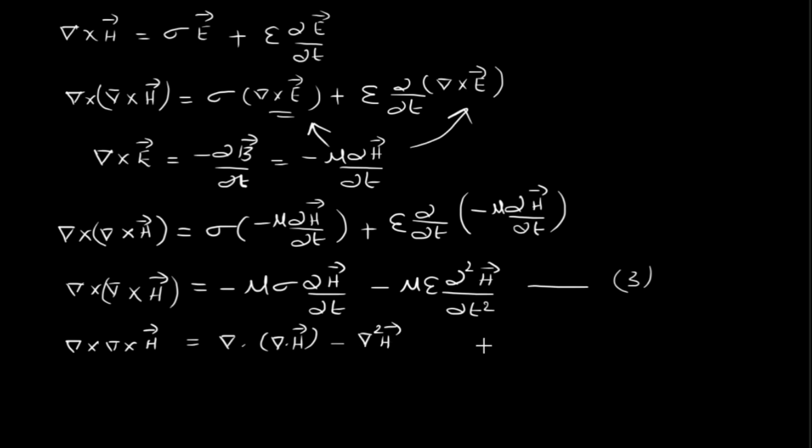I'll be using the same vector identity, and here we also know that we have another Maxwell's equation, so it's better to highlight that also. This is one Maxwell equation I have used, and now I'm going to use another Maxwell equation, which is from the Gauss's law of magnetic field, that is del dot B equal to 0. So this is the next Maxwell's equation we are referring to. We already know that del dot B is 0, so this directly indicates that del dot H is also 0.